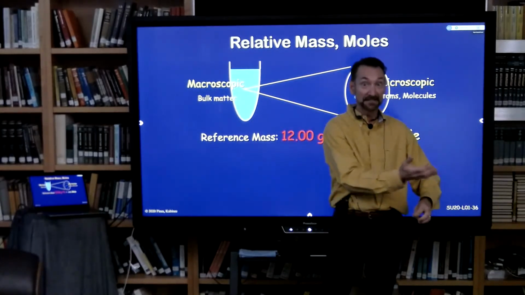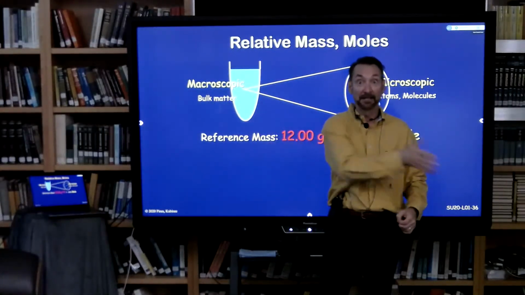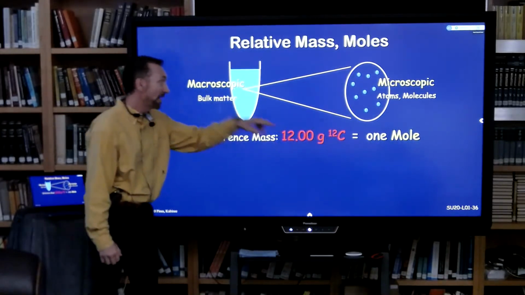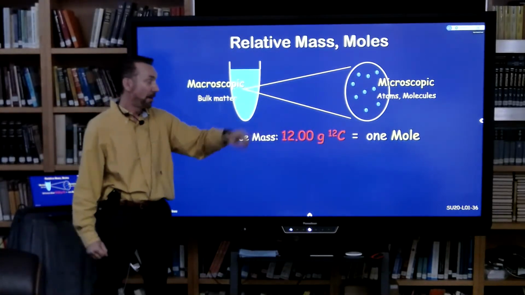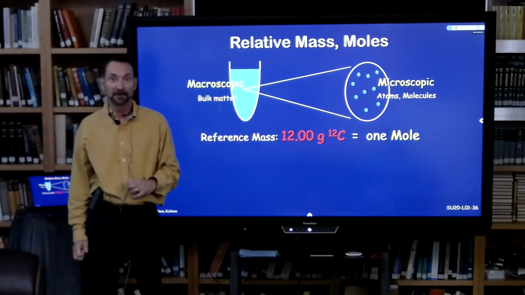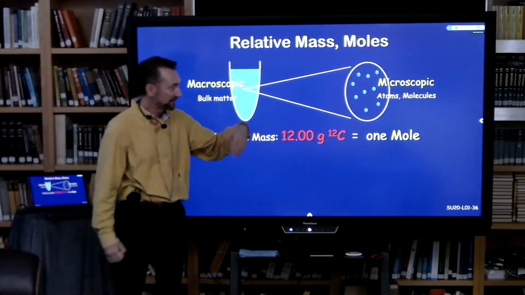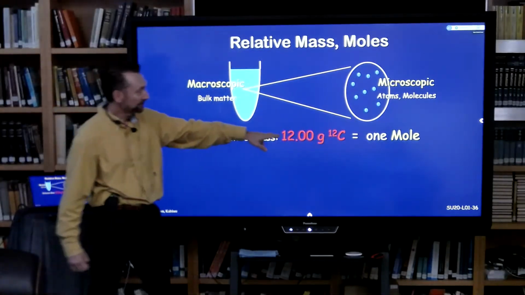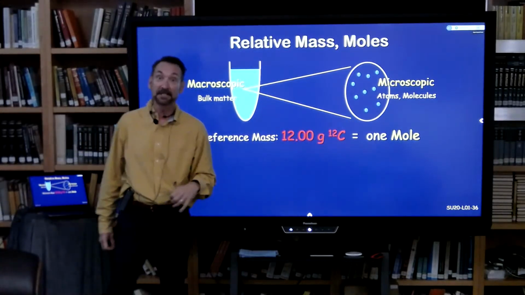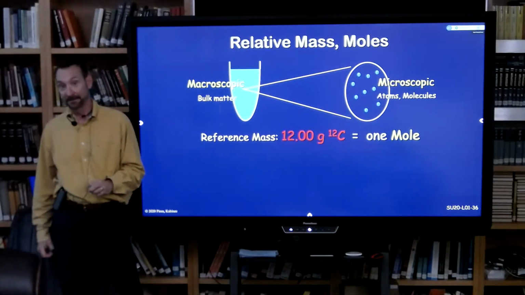So you can still use the masses or the boxes. The boxes with the equal number of particles have the relative masses. We're going to call the boxes moles, and we refer them all to 12 grams of carbon-12 to figure out how many particles to put in. So a 12-gram box of carbon-12, or I'll just start saying mole now, one mole of carbon-12 has a certain number of particles. The same number of particles would be in a 16-gram mass of oxygen or a 44-gram mass of carbon dioxide.